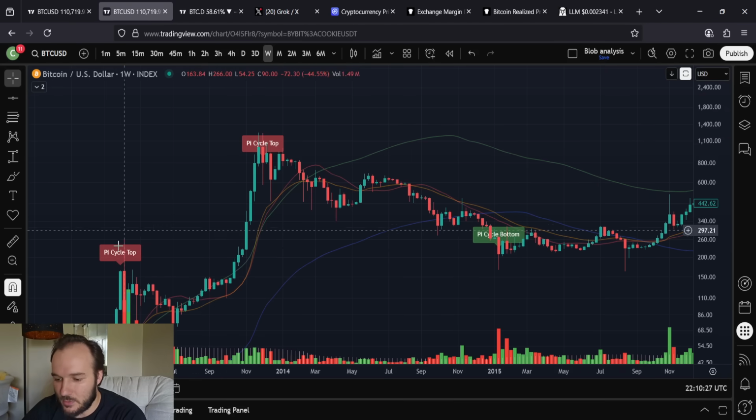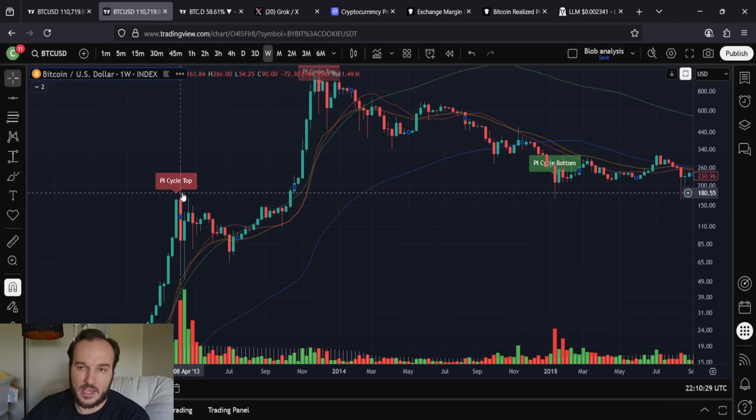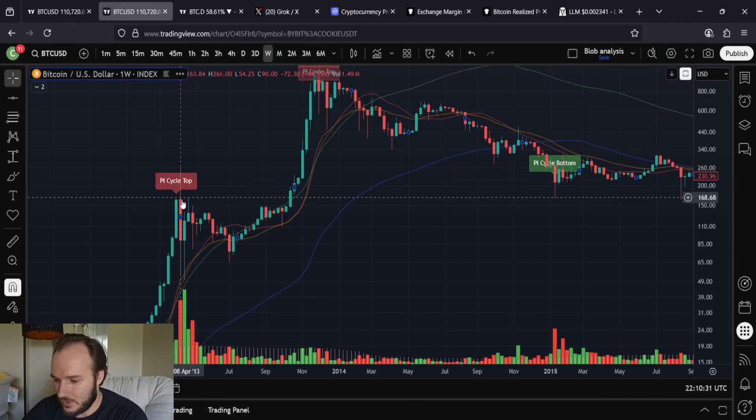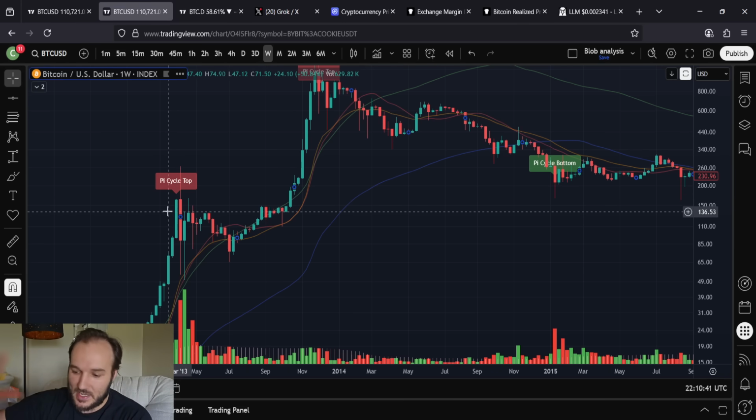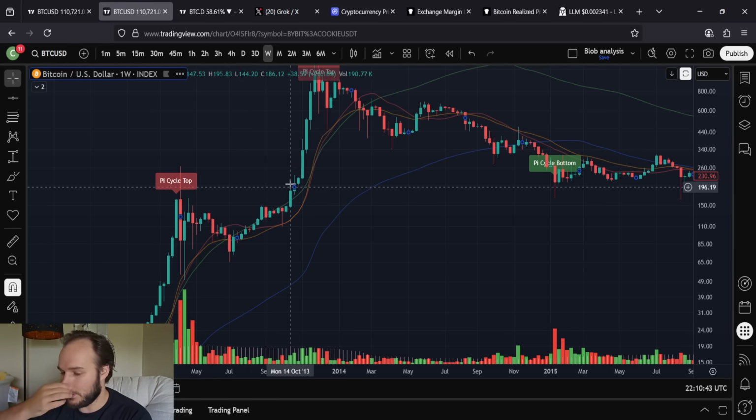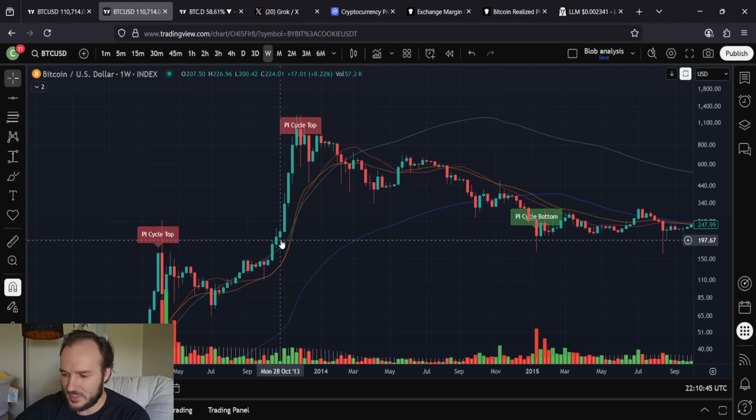This top here, and there are a bunch of other indicators that had not yet flashed that we were at the end of the cycle. So all in all, we'll go over that in a second too, why we should not have expected that was the top. And if we see a similar scenario where we get the pi cycle top, but we don't have other indicators flashing, why we might expect an interim kind of consolidation period before we move up. But I don't think we'll get a consolidation phase like this.